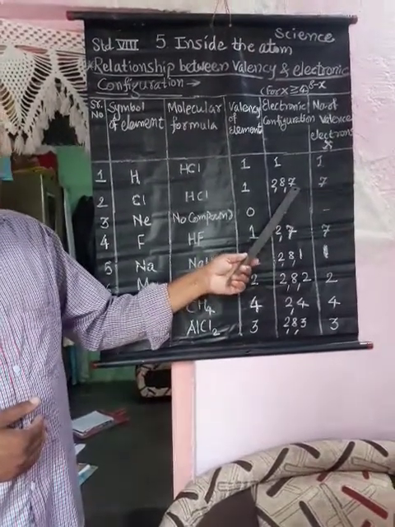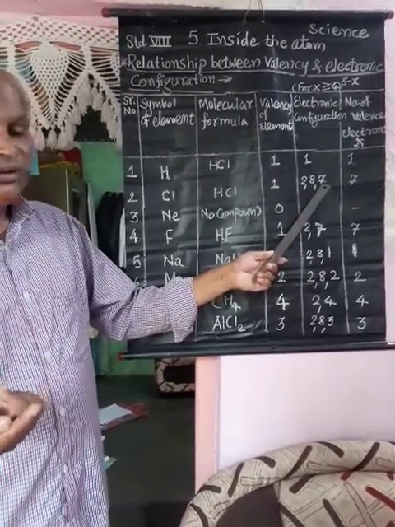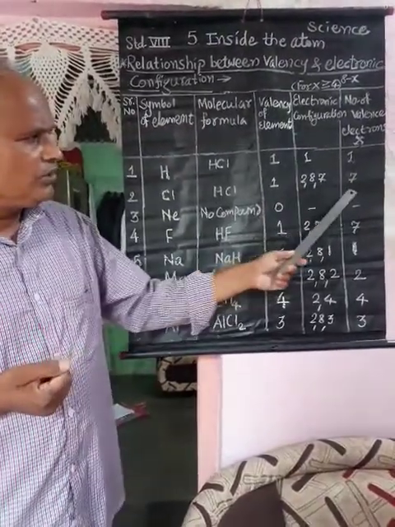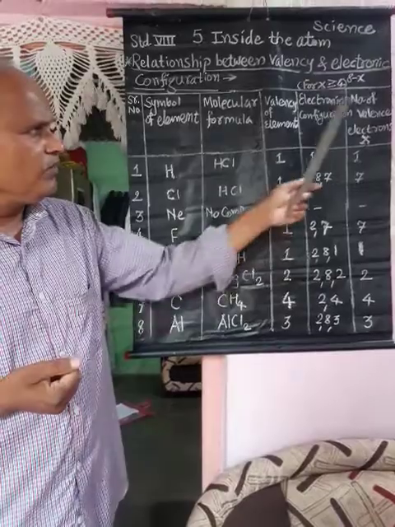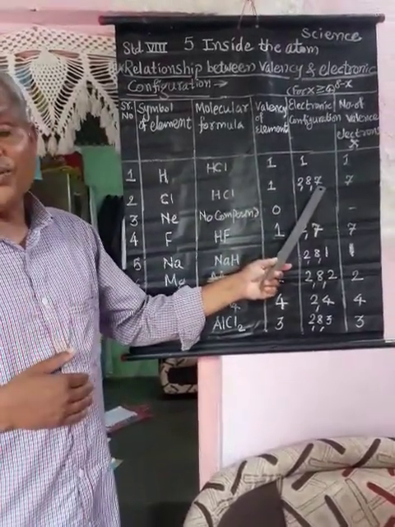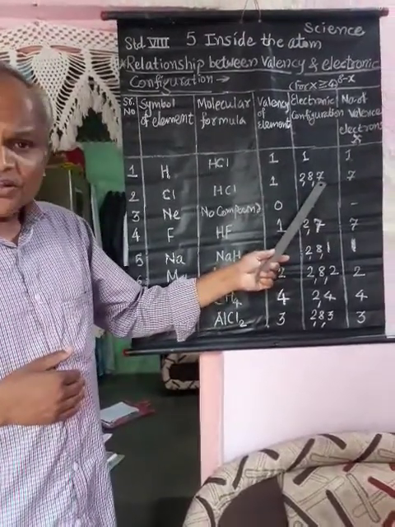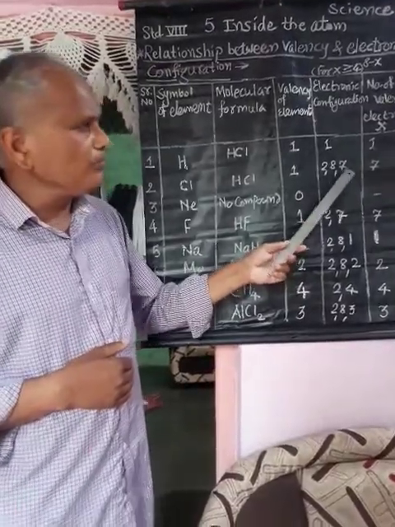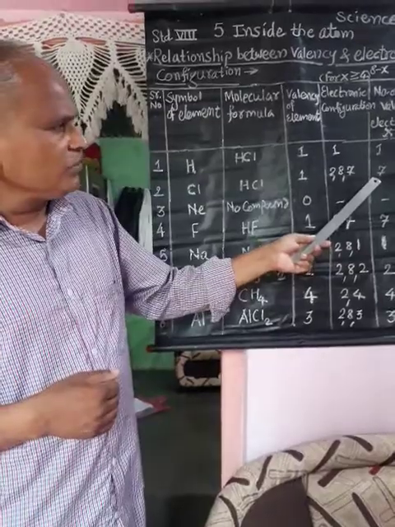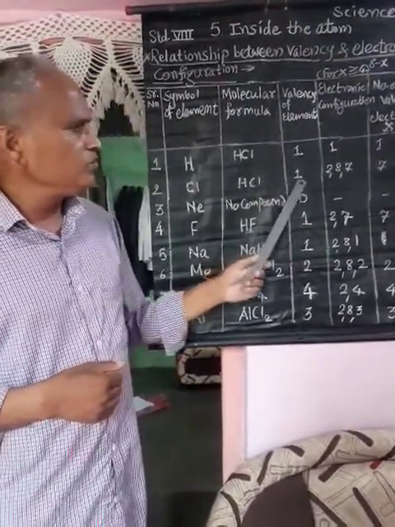Here in the last orbit, to produce an octet, there is need of 1 electron, and that's why 1 electron is taken in the last orbit. That's why the valency is 1. This number 7 is the value of X, the number of valence electrons in the outermost orbit or shell, that is called the valence shell. How many electrons are there in the last orbit? 7 electrons are there in case of chlorine, and that's why there is need of one more electron. Now we can say to produce an octet there is need of one electron. That's why the valency of the element chlorine is 1, as shown here.